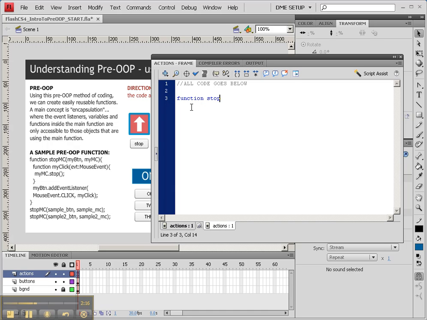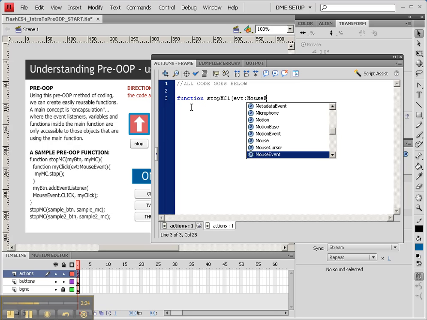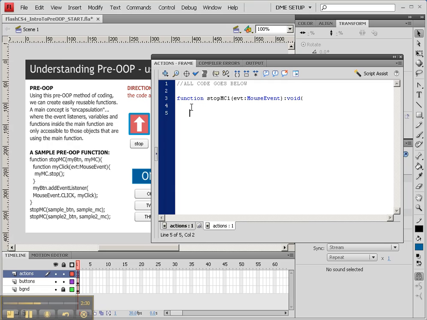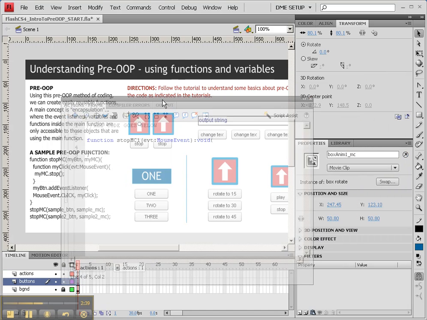Function stop MC1, and what we need is an event colon MouseEvent. Then we can do our void if we want, just to make it really specific, and then we'll put in our curly brackets. Now for this function, we're going to stop the first movie clip, which happens to be called